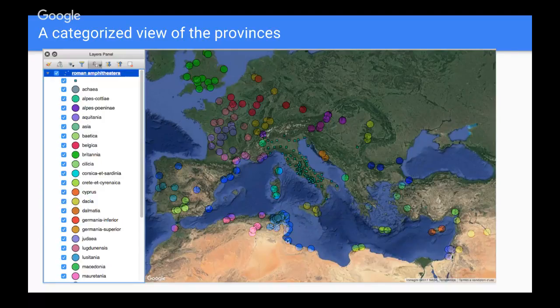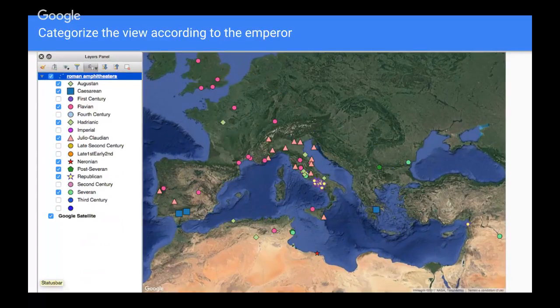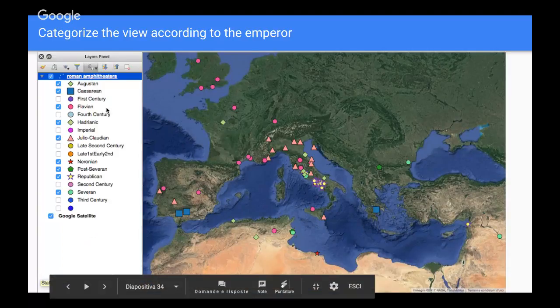But of course, the real fun in this case comes when you have chronological data, for example. So in this view, I differentiated the symbols and the colors according to the emperor to which a certain amphitheater was certainly associated. And obviously, if you go to the layers panel here, you will be able to select the values that you want to see and to take out everything else.